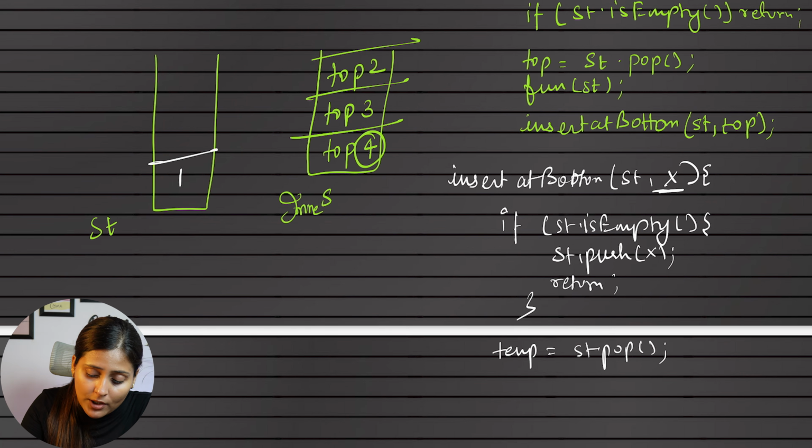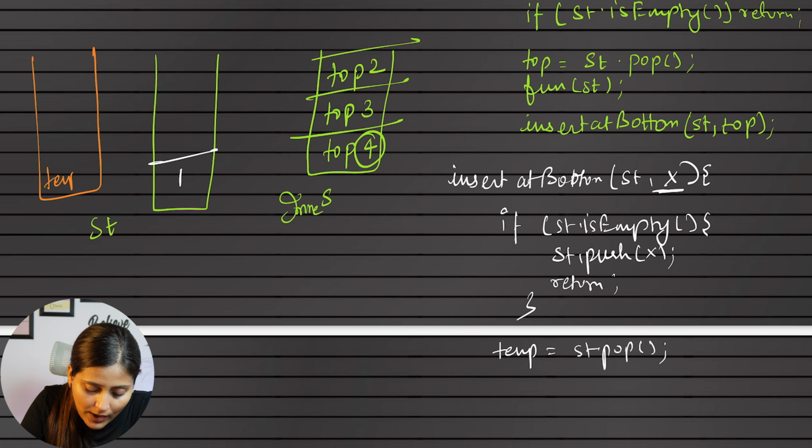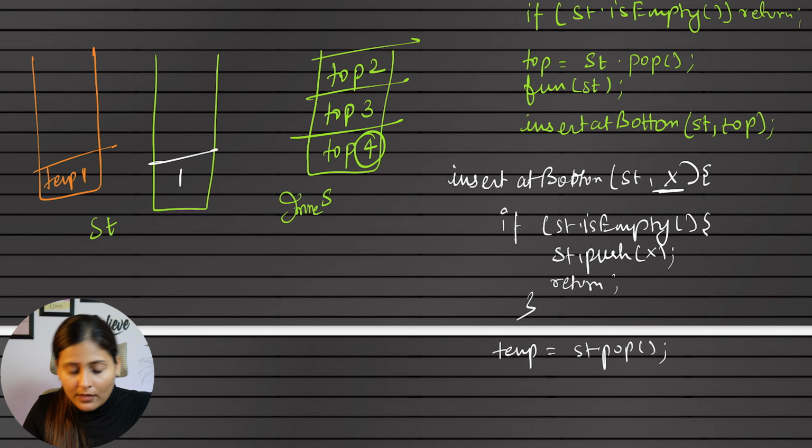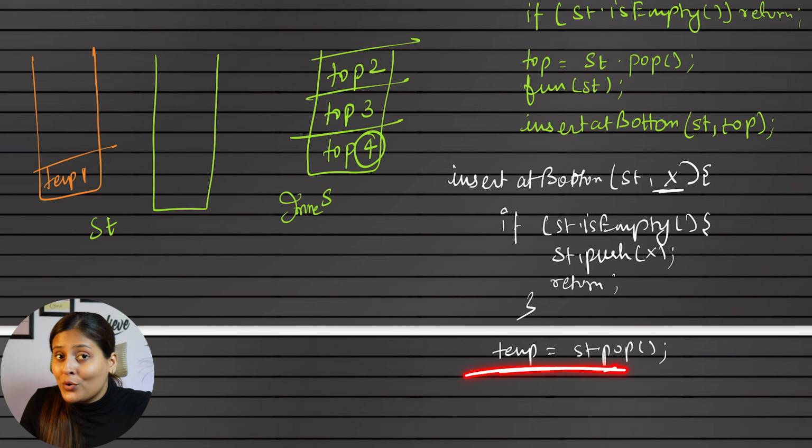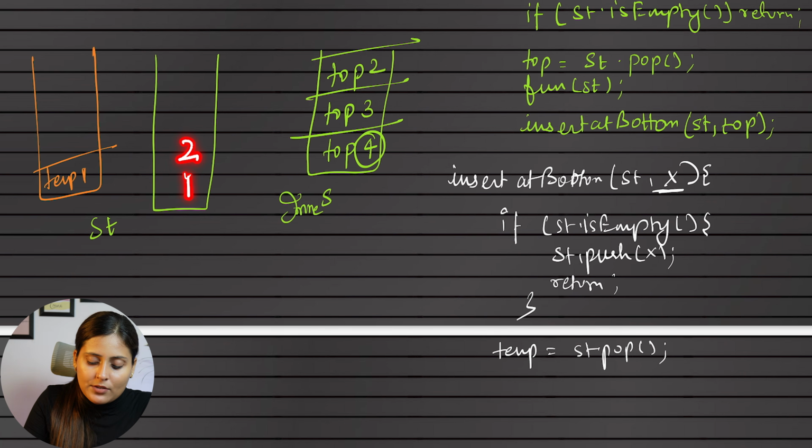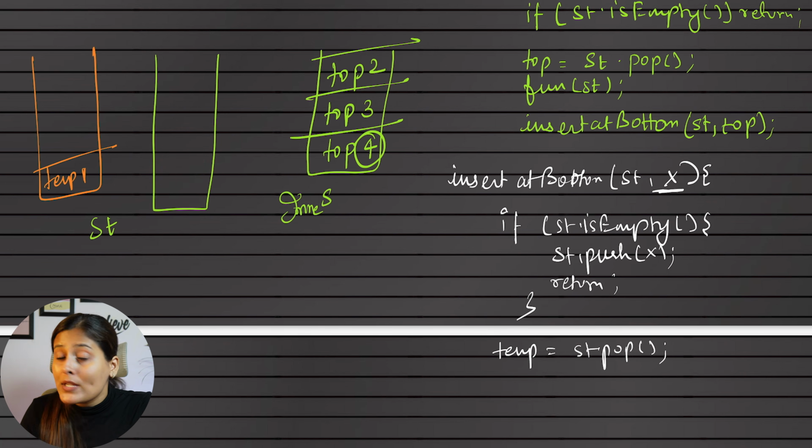Now can I say the stack is empty after popping? This insert at bottom function will also have its own inner stack where temp1 will get saved. Done? Yes. Now my stack is empty? Yes. But this function will not know that, right? What if there are 2 elements? We want to pop every element. How is it possible? By calling the recursive function again and again. So after popping, we have to call the insert at bottom function again, with the same st and x.